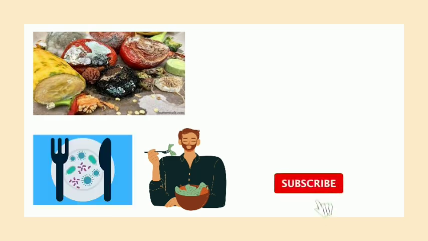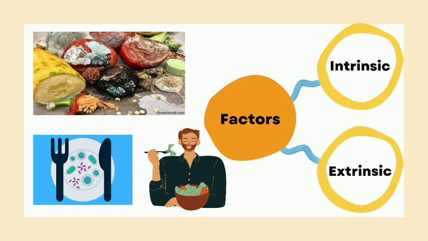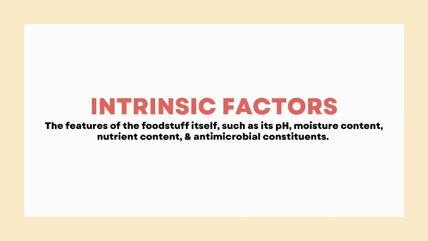Everyone. Spoiled food, if consumed, gives way to foodborne illnesses. The factors which cause spoilage of food are classified into two categories: intrinsic and extrinsic factors. We are familiarizing you with some of the intrinsic factors in this video. Intrinsic or internal factors signify the features of the foodstuff itself, such as its pH, moisture, nutrient content, and antimicrobial